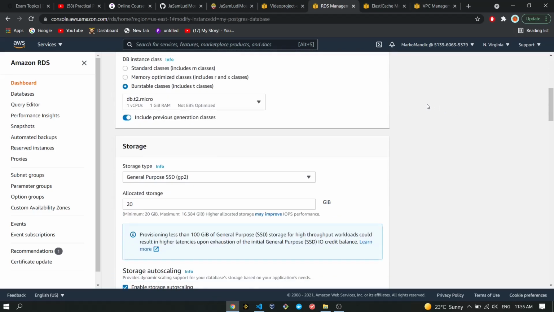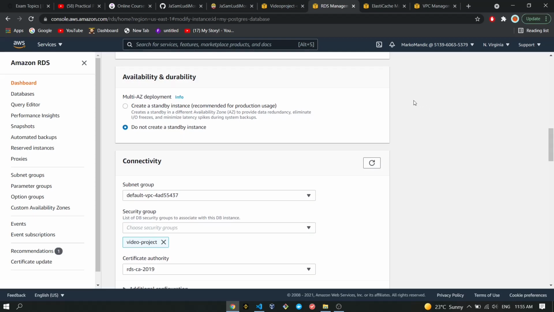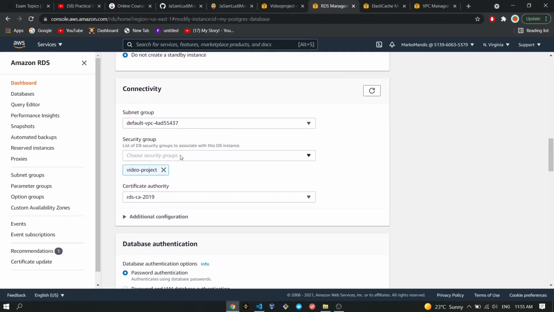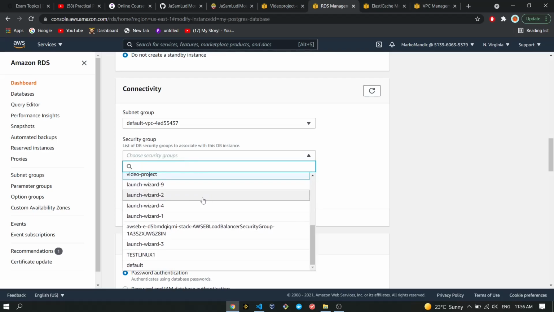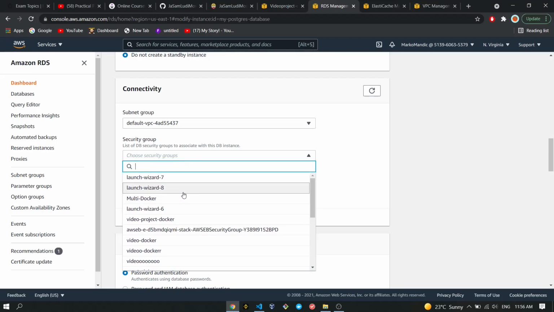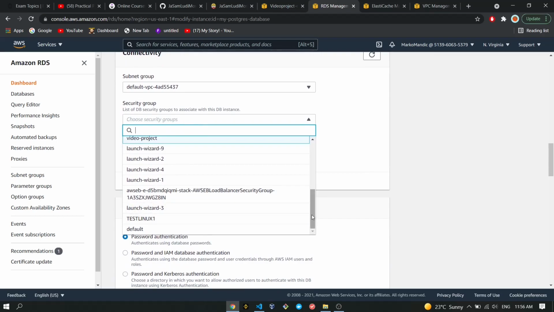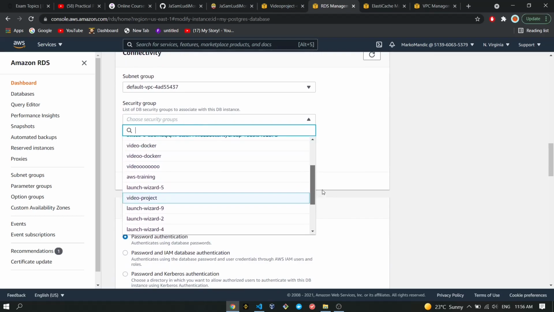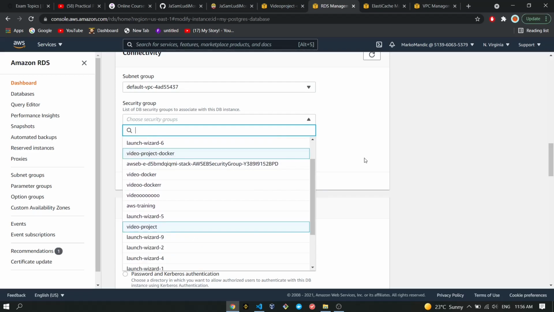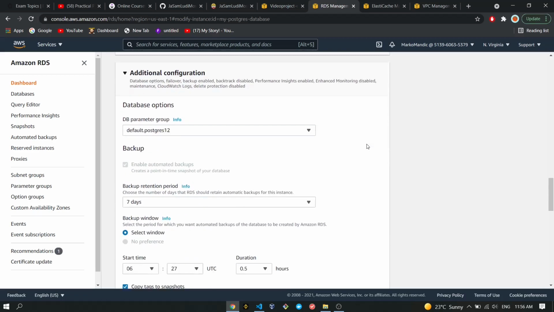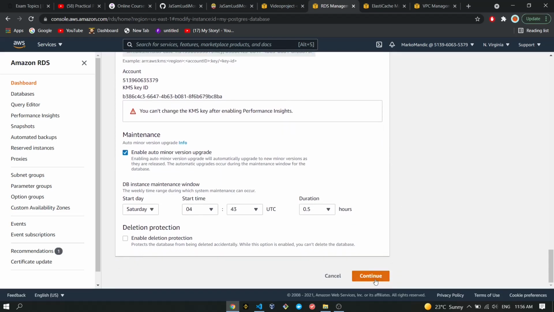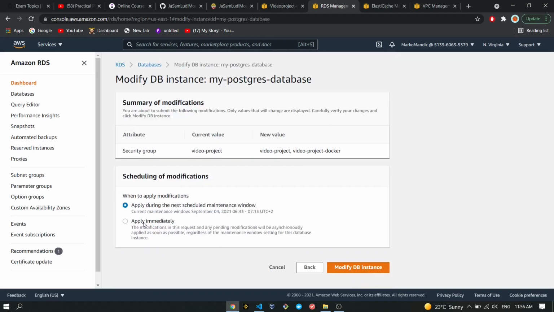And in here I will go and find security groups, and I'm going to add the security group that is called, where it is, video project docker, like that. And I'm going to scroll down, click continue, and I'm going to say apply immediately, and I'm going to click